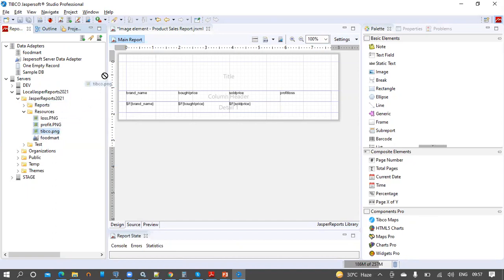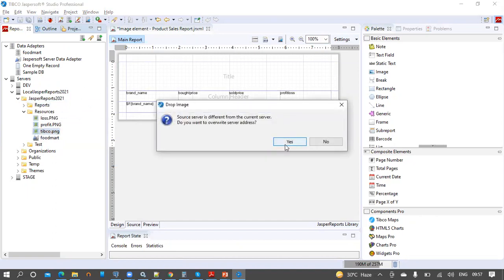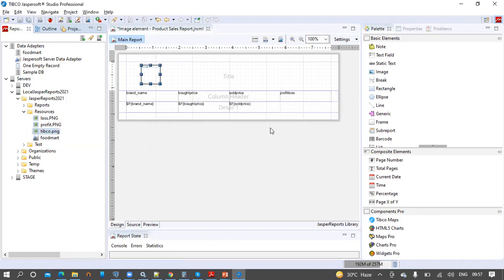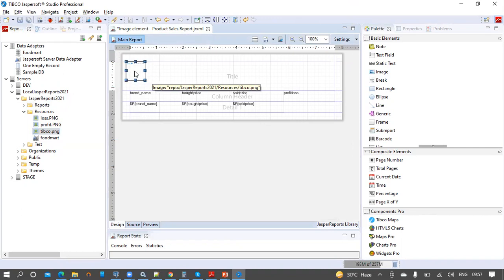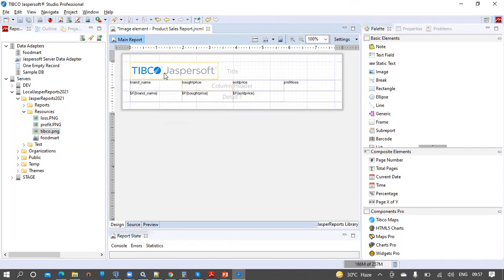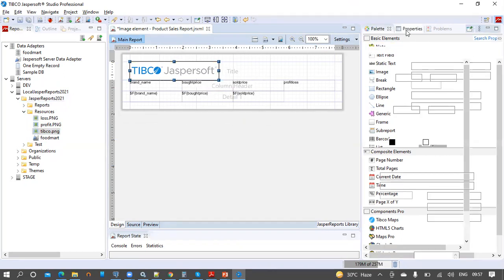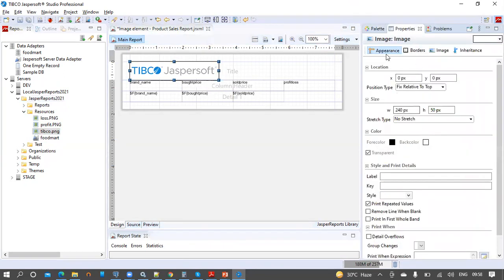I need the TIBCO PNG image as a logo. So this is the logo, and select this image element, and we can see the default properties, borders, images, and inheritance.